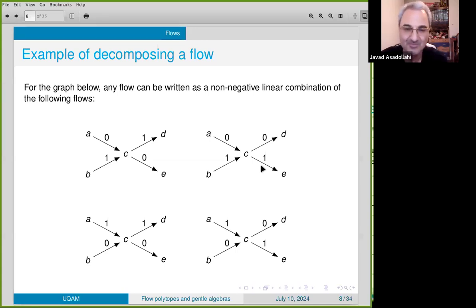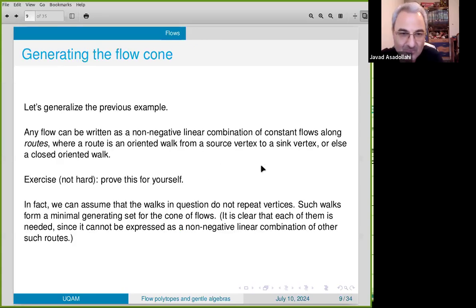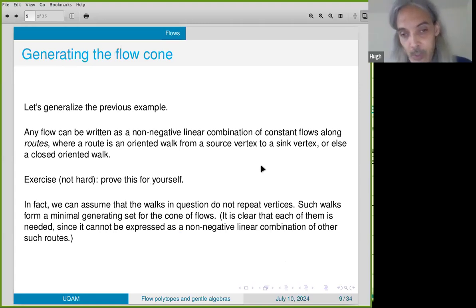Okay, great. So more generally, we can think about how to decompose any flow as a non-negative linear combination of some kind of simpler flows. And it turns out that, for the same reason as we saw in the previous example, it's always good enough to think about just taking what are called the routes, where a route is just a walk that starts at a source, goes all the way over to a sink,